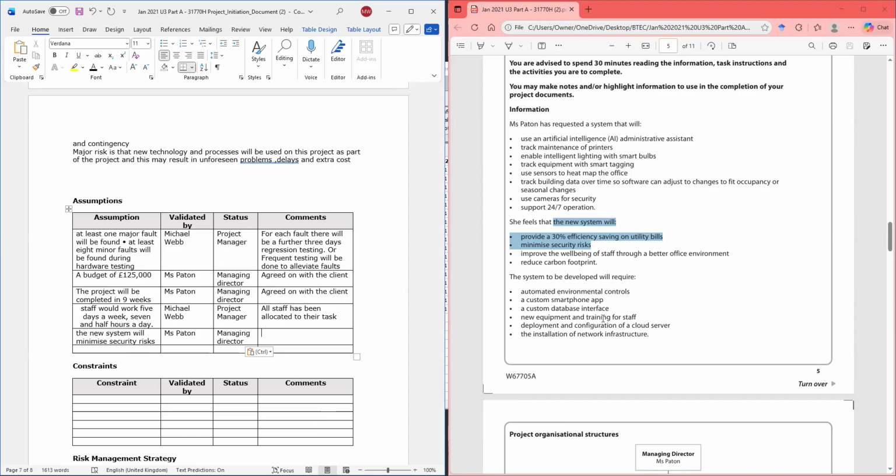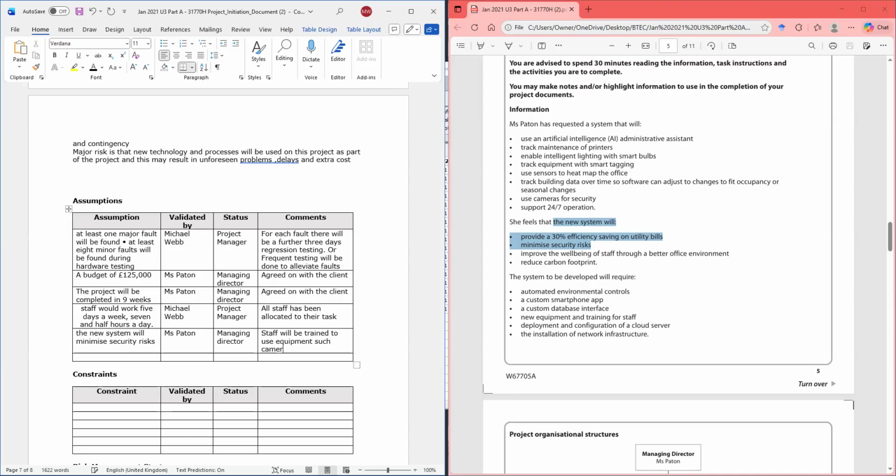Staff will be trained to use new equipment, right? So you could say staff trained to use equipment, such as cameras for monitoring.